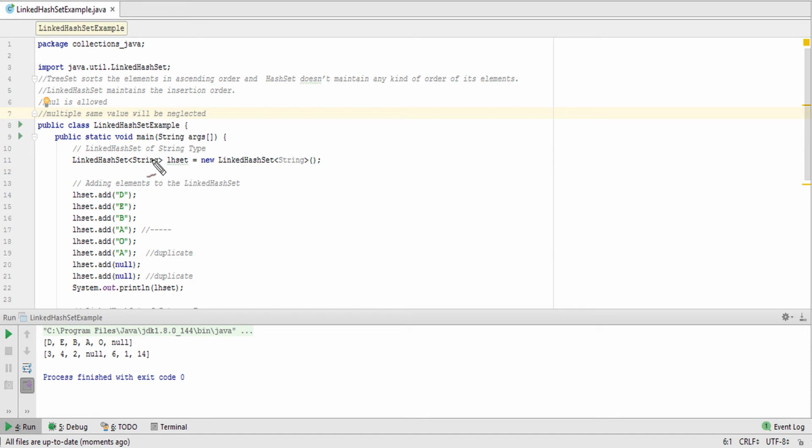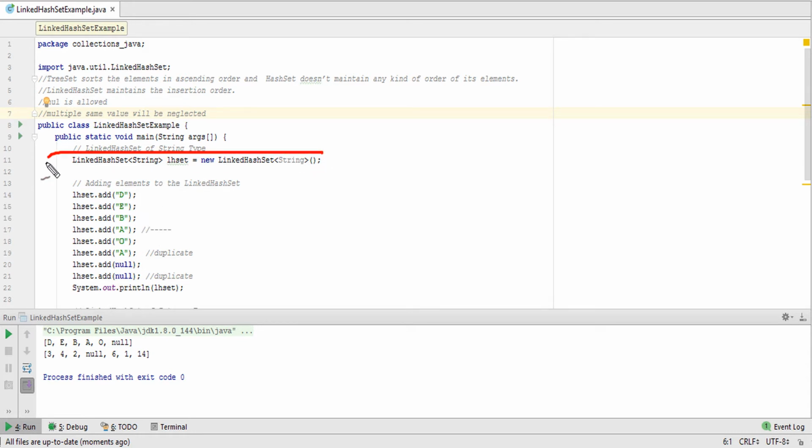As we are passing String as a parameter, for the input values here it is String, so we are giving input as a string. If it was Integer here, we would be compelled to input integers as values. Here it is a string, so we are giving DEBAOA in double quotes, and if it was an integer, we would have given 1, 2, 5, 9, 10, 11 and so on.